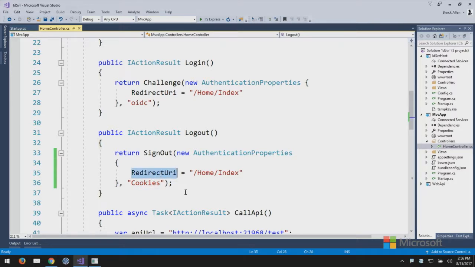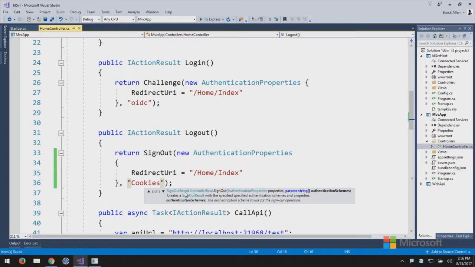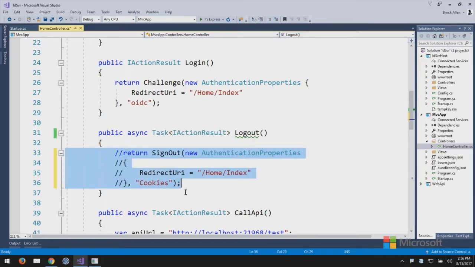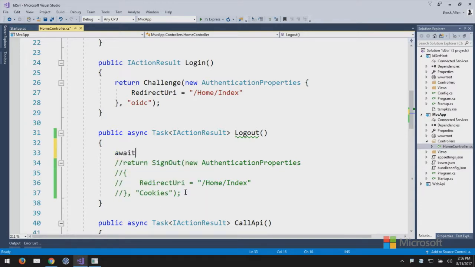Well, you did. Oh, I do have a redirect URI. I think there's a little bit of a snafu here for what I'm doing. Little race condition there? No. I'd have to think about what this is doing under the covers. Let me show it the long way, because I know that definitely works, which is unfortunately a little bit more. Okay. So there's a slightly different version of this, which is you could do await HttpContext.Authentication